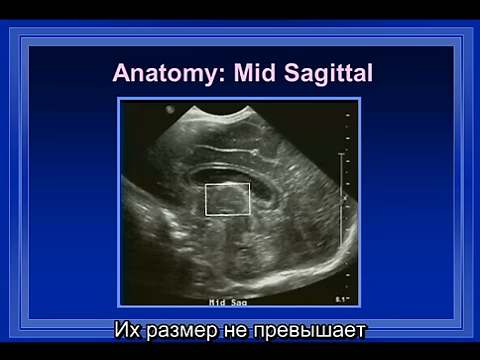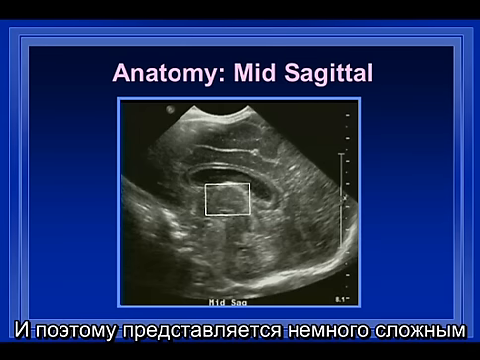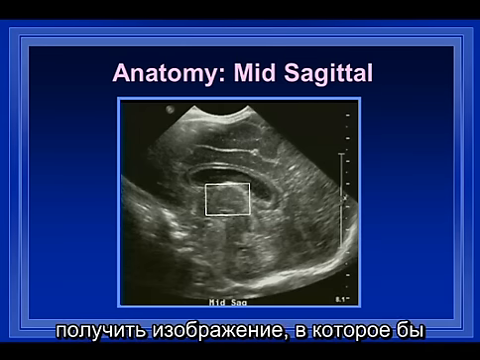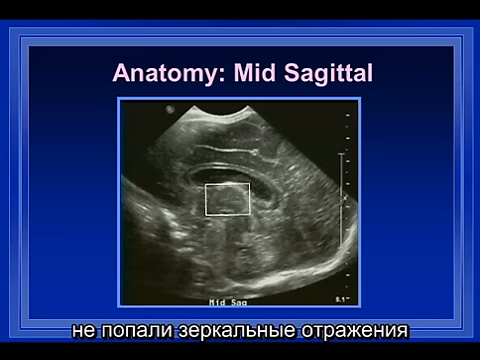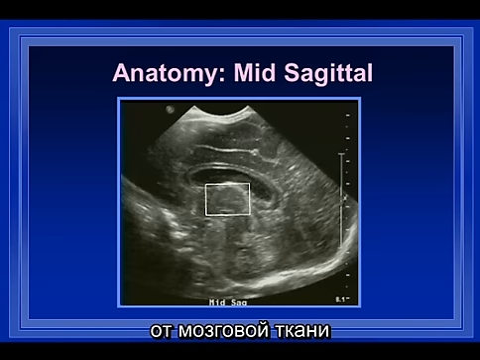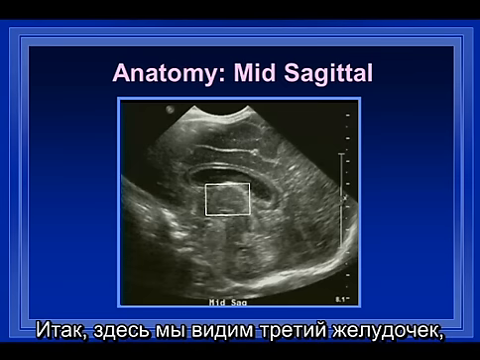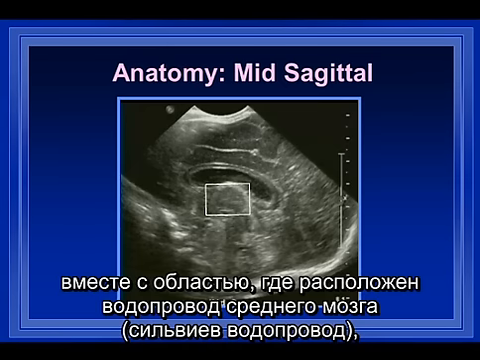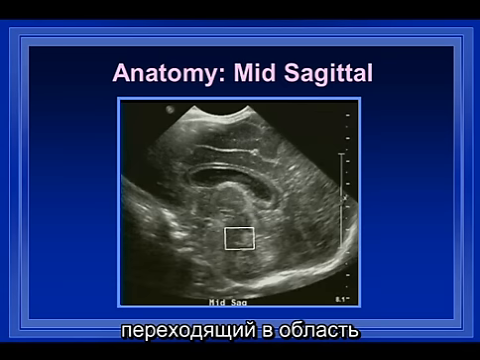They measure no more than approximately 1 to 2 millimeters in width. And therefore, it is somewhat difficult to get an image that does not pick up specular reflectors from the brain tissue on both sides of these midline ventricles. So here we have the 3rd ventricle with the region of the aqueduct of Sylvius going down into the area